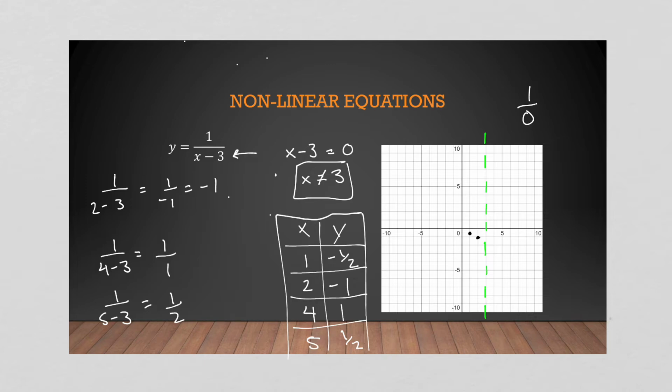Now, if you look at this 1 over x minus 3, this graph will never equal 0. Y can never be 0 because there's nothing you can divide by to give you 0. In order to have 0, the top would have to be 0. And since the top isn't 0 and can never be 0, that y equals 0 is not a potential solution. So what does that mean? That means we have what is called a horizontal asymptote through the x-axis, because that is a horizontal line, y